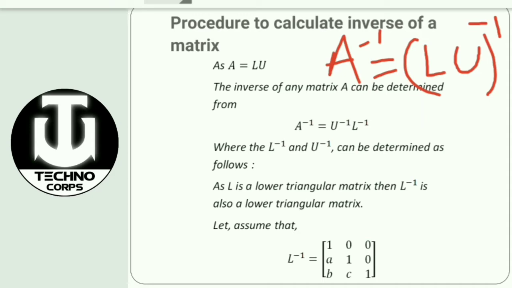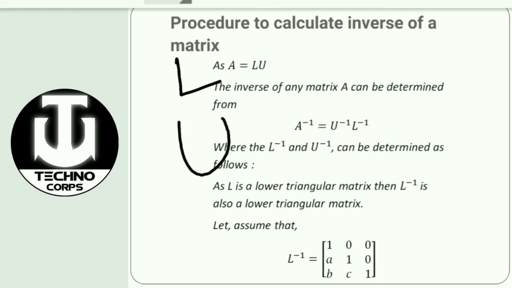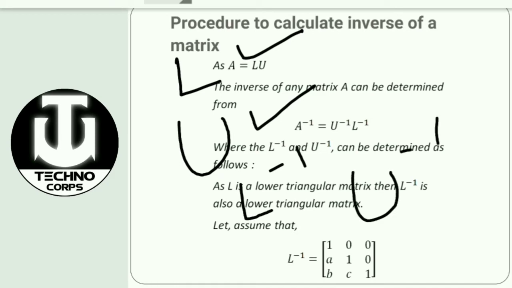According to the matrix property, when I go for the solution of this term, my equation will be U inverse into L inverse. So we have to go for this solution. For that we should have the values of L inverse and U inverse. How to find the values of L and U, we have clearly discussed in the last video. If you have not seen it, please watch it, because it is needed for this question. To find the inverse of a matrix, you should first have the values of L and U. After that you can go for the solution of L inverse and U inverse.